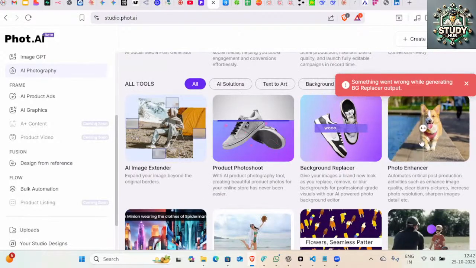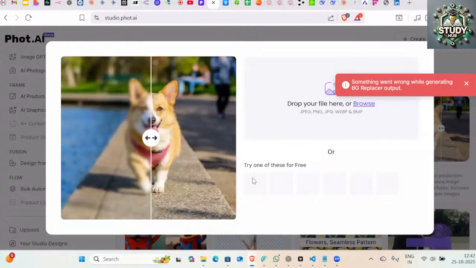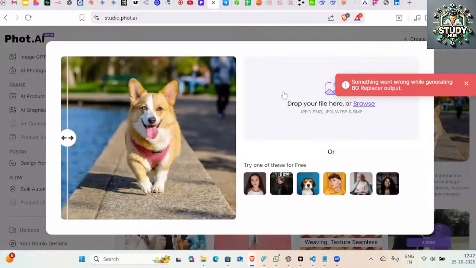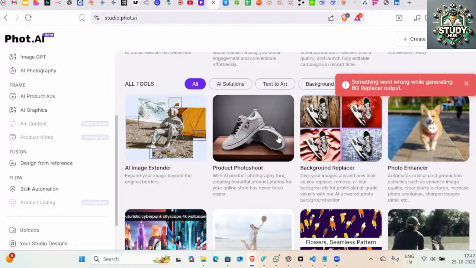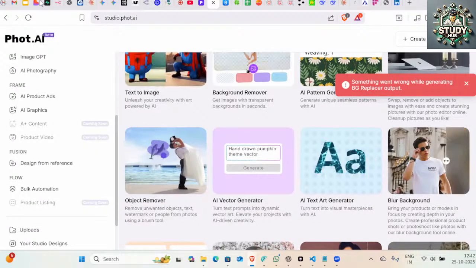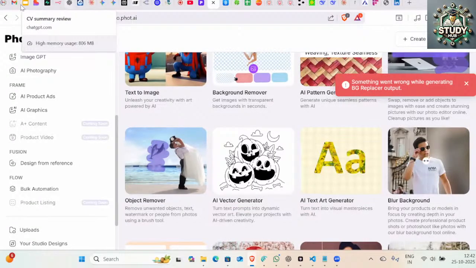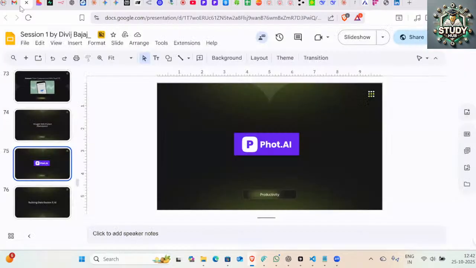You can remove the background, enhance, all of that. You can try it out with your existing images. You just upload, a very simple UI, and try it out for all the different use cases, which again increases your productivity without going into Photoshop or any other such tool.